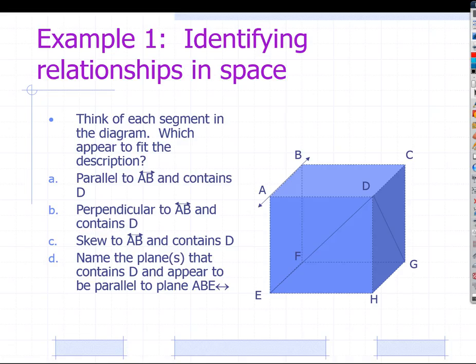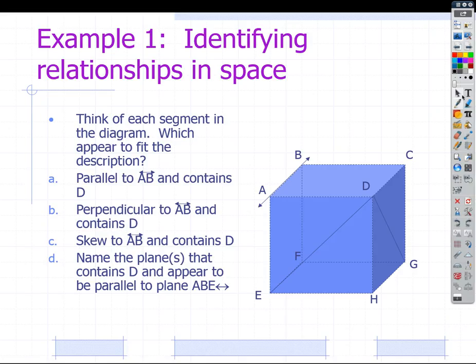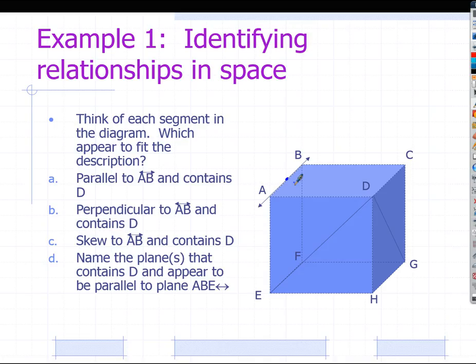Like, for example, what if I put a point right here? They have to be non-collinear, right? If I want to define a unique plane, I have to have 3 non-collinear points. Like if I called this point J, for example, points A, B, and J, those are all on a line, and so how many planes would be defined by those 3 points?